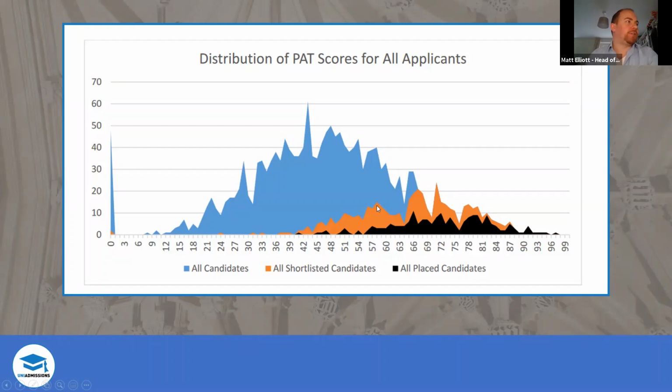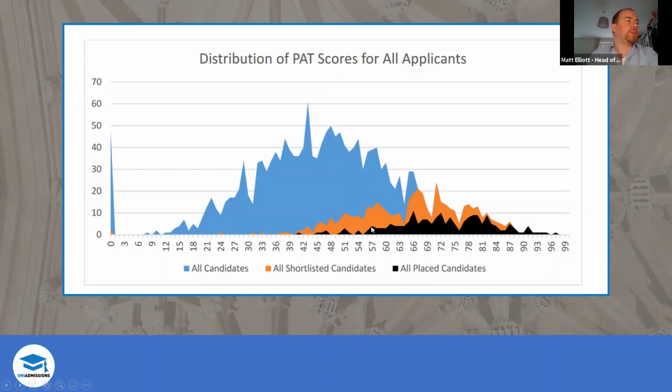As you can see, the share of students who are getting an interview reaches the point where you have roughly a 50% chance of getting an interview here around the 60 mark. And once you're over about 66, 67, everyone's getting an interview. So you can see that that test score is at a certain point guaranteeing you an interview to a certain extent. And then you can see the offers start coming in here around the interview point. Obviously, you can't get an offer without an interview.